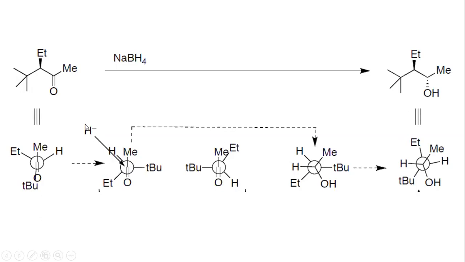Now the incoming nucleophile hydride is coming from the side of the smallest group on the rare carbon and would approach the carbonyl carbon. Then the hydride would come here, and these two groups, methyl and this double bond O, which after the hydride comes here will become OH, would approach a little towards tertiary butyl. Now see, this methyl and this OH have approached a little towards tertiary butyl, and as hydride is coming from this side, it would end up making the position here.